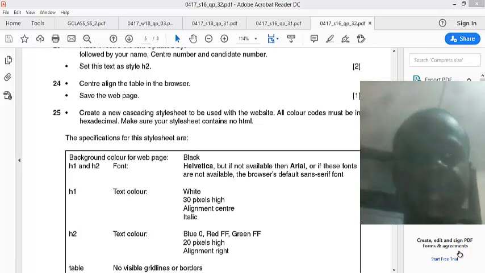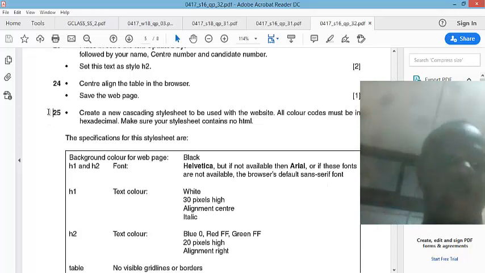Hello students, we're going to try to finish up with website authoring on the 2016 May-June paper 3 variant 2, paper 3.2. We stopped at number 24 the last time, and today we're moving on to 25 downwards, and that is talking about